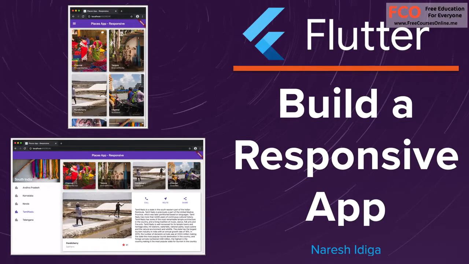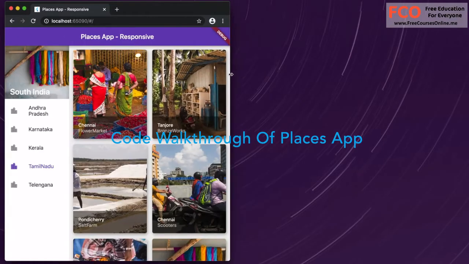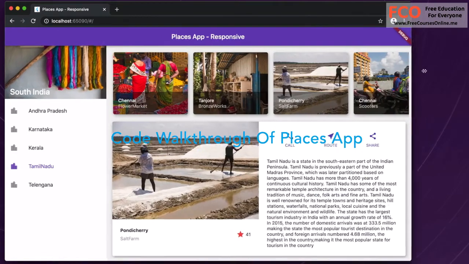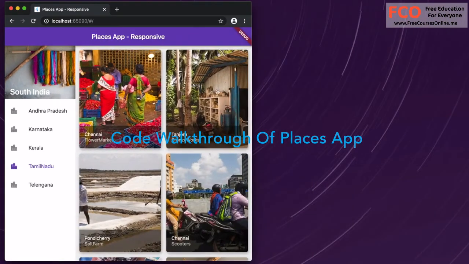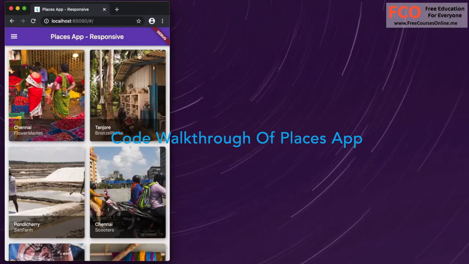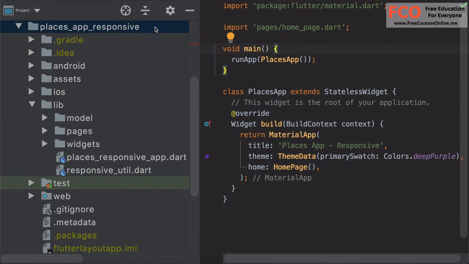In this video, I will take you through the source code of the Places app that we have seen in the previous videos. Here is the preview of our Places app, which changes responsively as the screen size changes. So here is the source code of our app. This is our main entry point, places_responsive_app.dart, that contains the main function which calls our Places